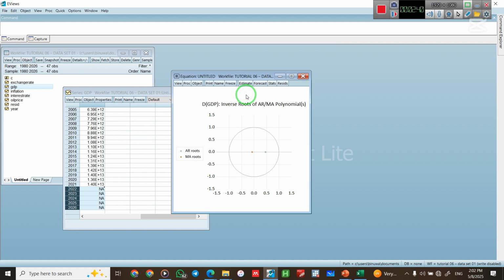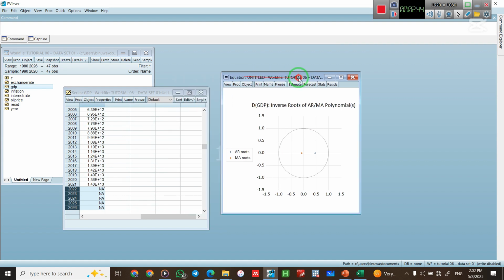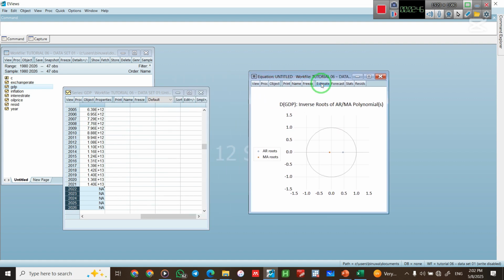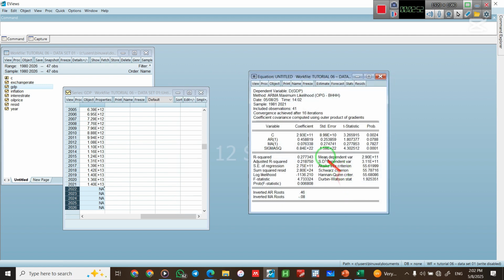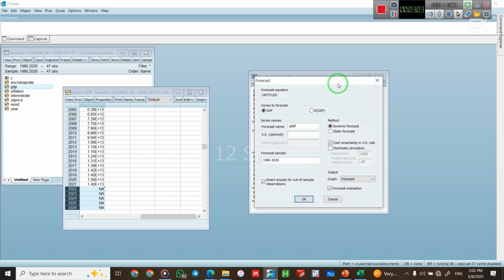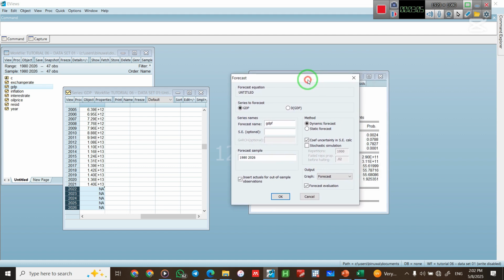first you have to go to your estimate result. So these are previously estimated results. So I will go to estimate here, and this is our ARIMA model that we have estimated. So I press OK. So this is our estimated result. In this estimated result window you can see something called forecast here. So you have to click the forecast, and here